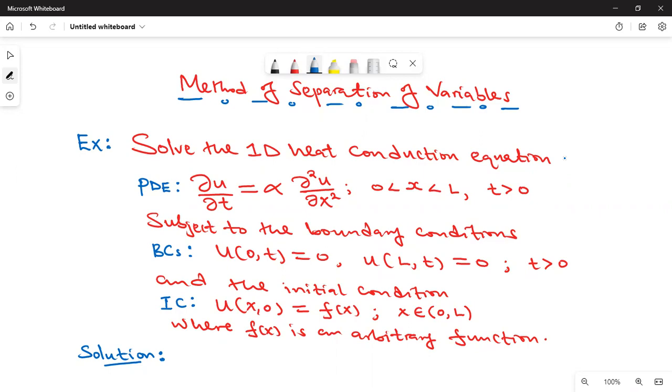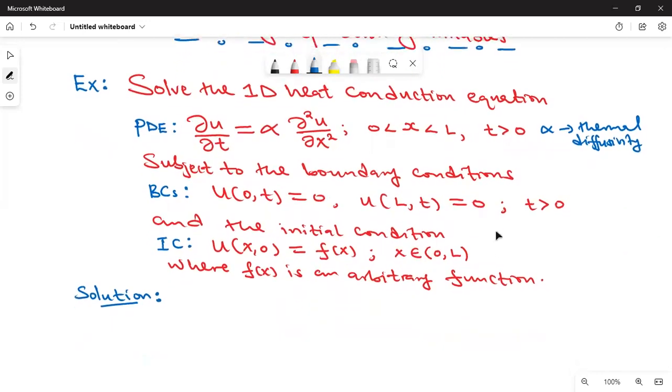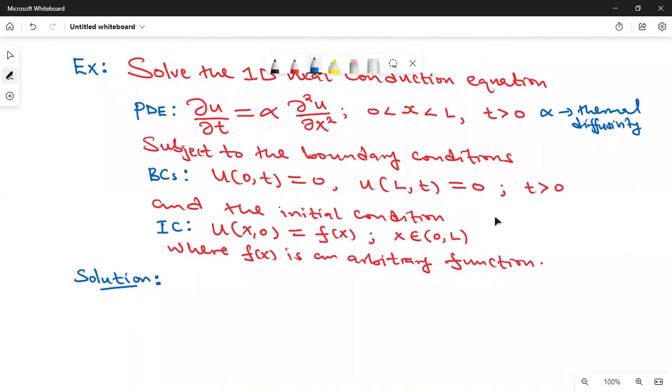And the initial condition, when time equals 0, our solution is f of x, where f is an arbitrary function. So remember, this alpha here is called the thermal diffusivity. So using this method of separation of variables, we are going to say let our solution be